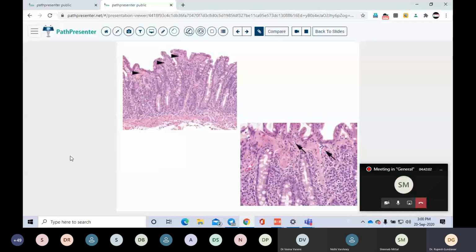So this is the case of collagenous sprue. You see at the basement membrane of the surface mucosa, there is increased collagen, a thickened collagen band. You can also see entrapped blood vessels with entrapped fibroblasts. This is a feature of increased collagen deposition in collagenous sprue. You will get the entrapped vessel and entrapped fibroblast within this collagenous band.